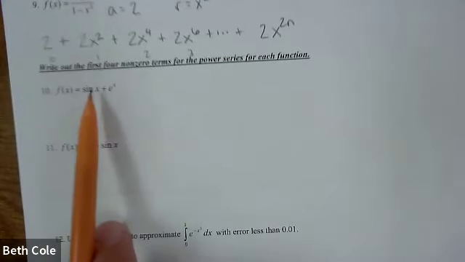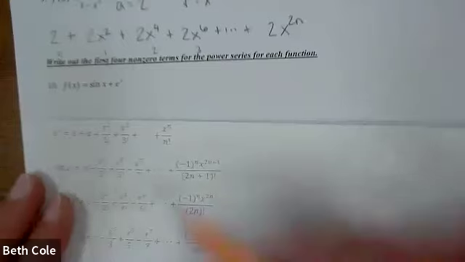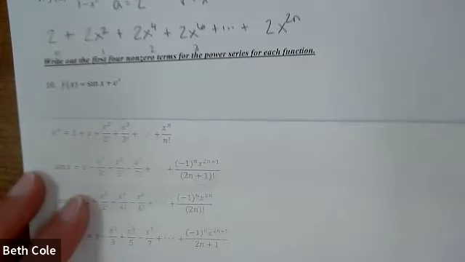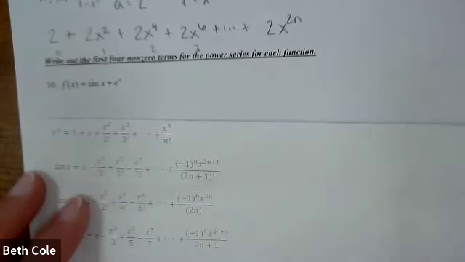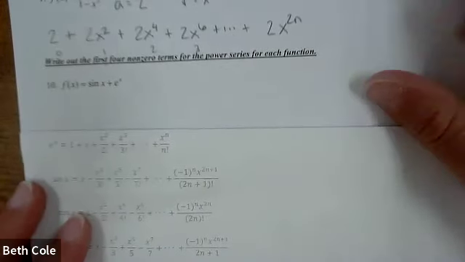All right, this one, we are adding sine plus e. So pull out your handy little cheat sheet here. And I think they're right next to each other. They are, which is super convenient. All right. So we're going to add these together, but we only need to go to the 4th one. Okay. So we're going to start with 1